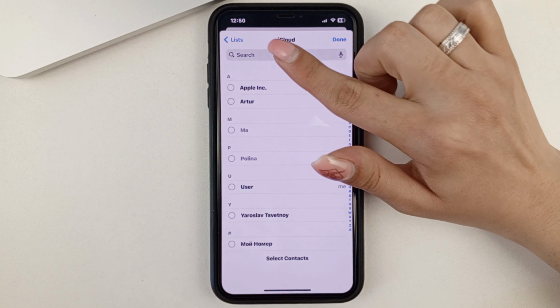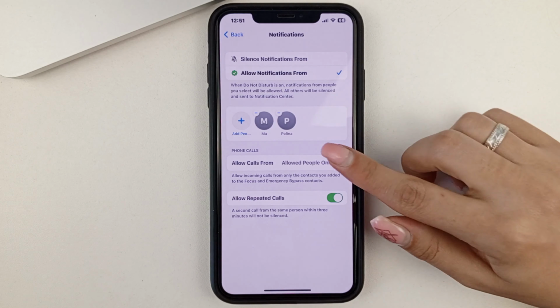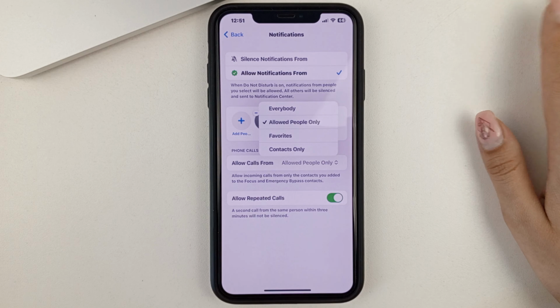And you can also turn on the option here to allow repeat calls, if you need to. You can also choose who you allow notifications from. You can allow them from everyone or no one, or from certain users.